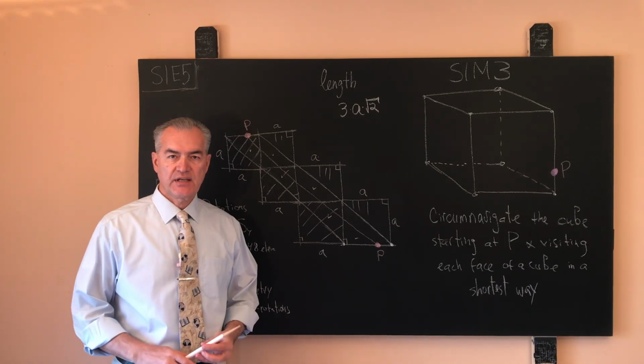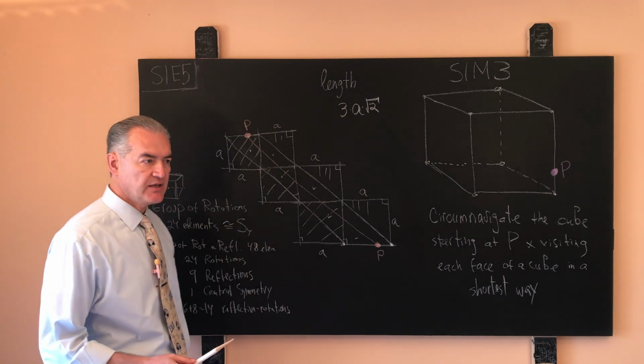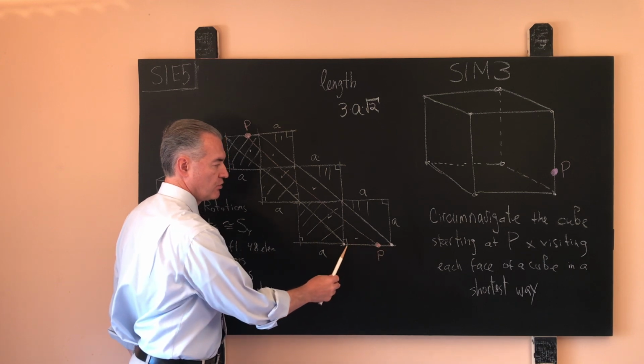Now that we understand how the shortest circumnavigating orbits behave as the point P runs back and forth along an